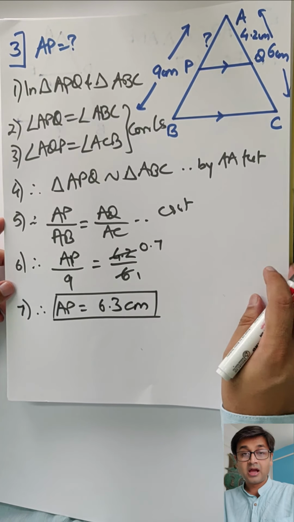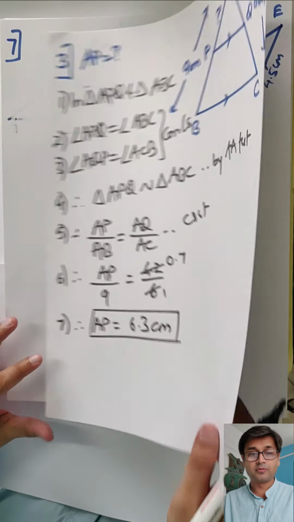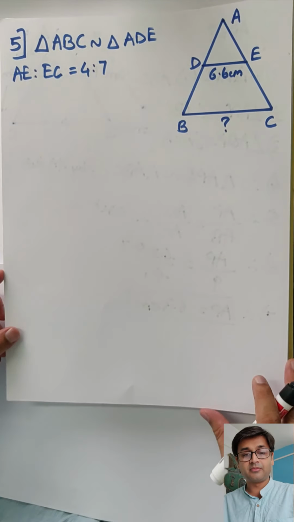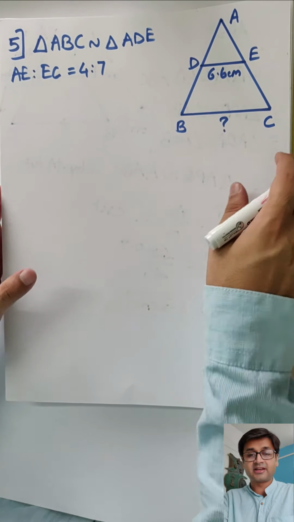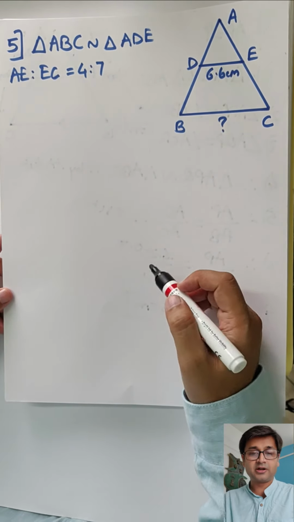Clear everyone? How many of you all managed to get it on your own? Brilliant. Good job. Good going. Let's go ahead. Sum number 5. There are 2 parts. The second part is something with X. You can ignore it. Such type will not come. First part we can do.